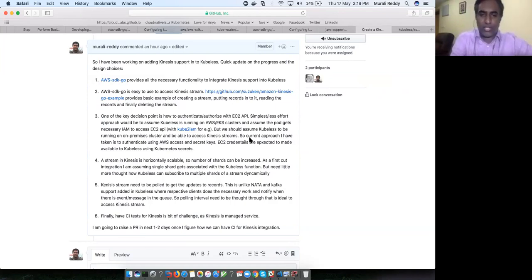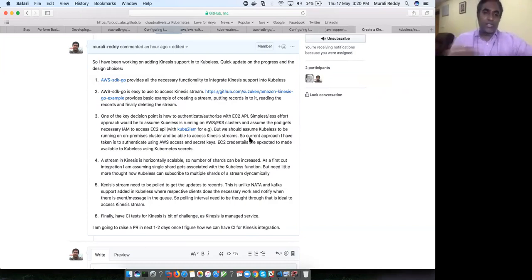So we have this controller which potentially is a mix of both control path and data path as of now, where it deals with every event source. Suppose in case of NATS, I can specify 10 triggers with different topics. The same pod is listening to all these 10 event sources and trying to relay or proxy those messages to the function service. In case of Kinesis, each user has a different IAM or authentication and authorization